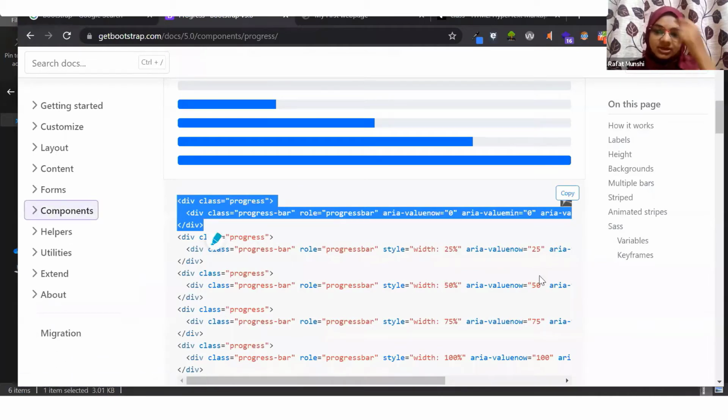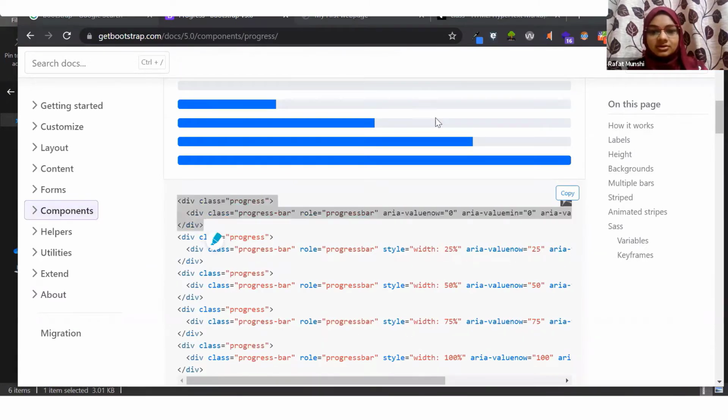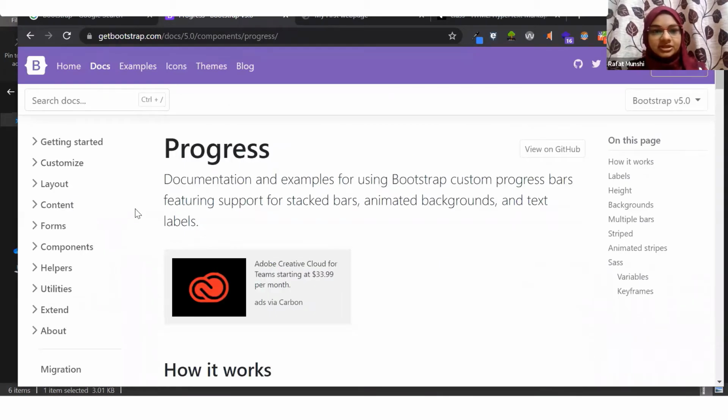So if you have any questions about Bootstrap, you can just put it up on chat, and I'll be able to see and reply to you, or we can take those questions after this lecture. Okay. So this is just an introduction of Bootstrap. You can simply go to the Bootstrap documentation and you will be good in using Bootstrap.